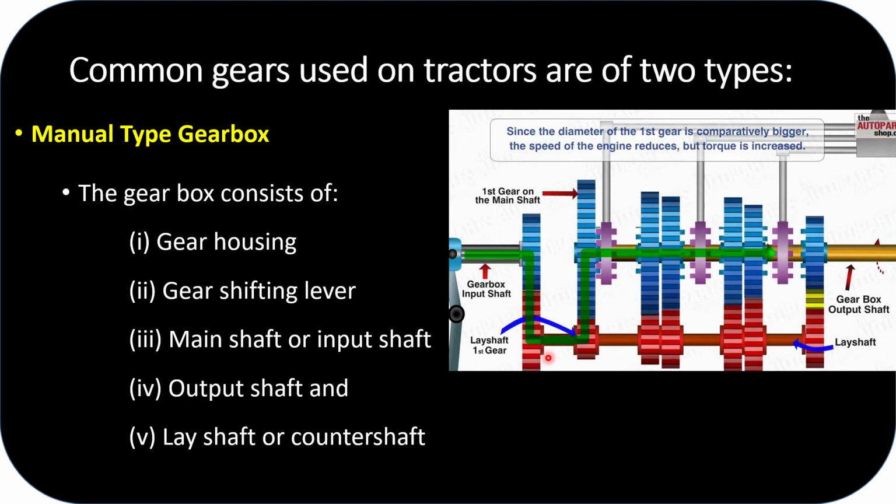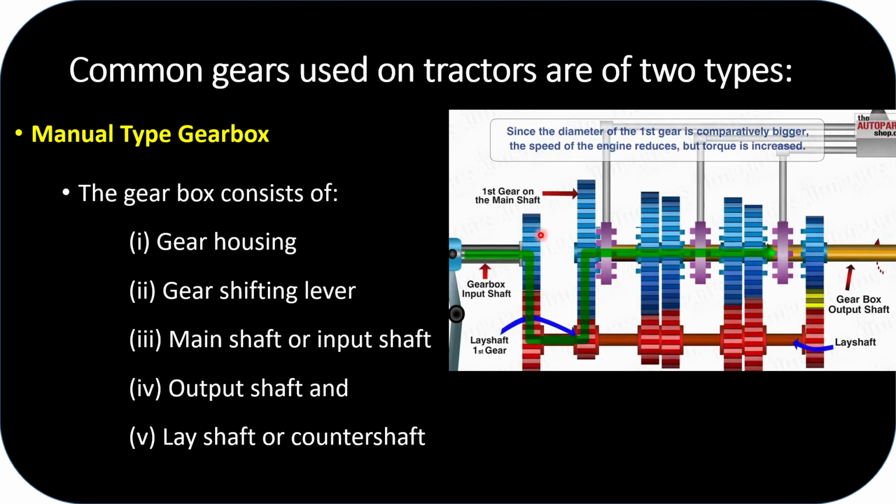One more thing I would like to mention at this point is that if we want to select high torque, that is the minimum speed, we know that minimum speed is the first gear, then the second gear has somewhat increased speed, the third gear again increased speed, and the fourth and fifth gears have increased speed, and then the reverse gear. These are the gears commonly found in any automotive vehicle.